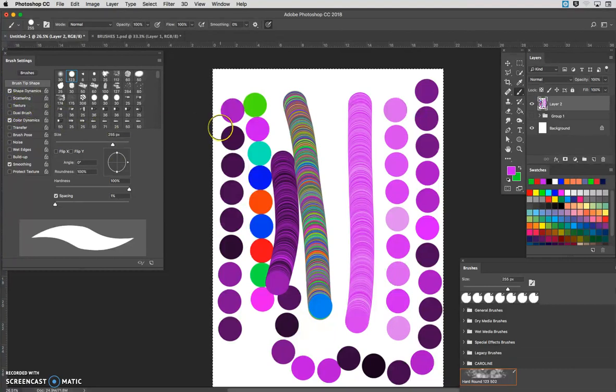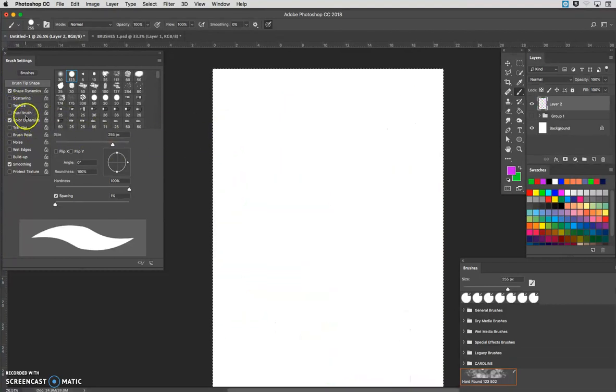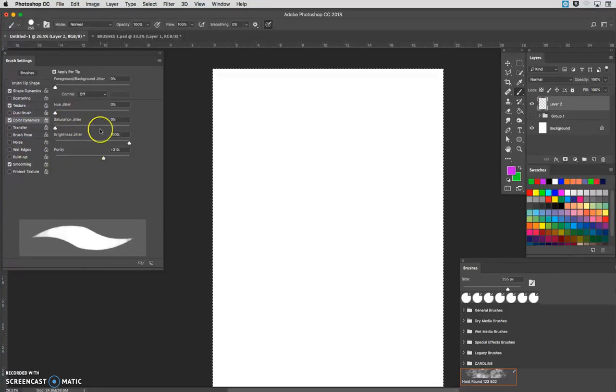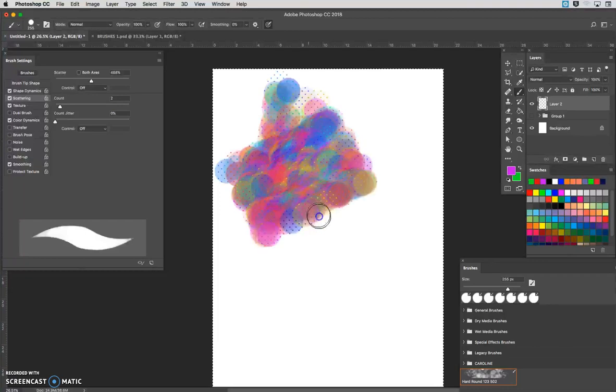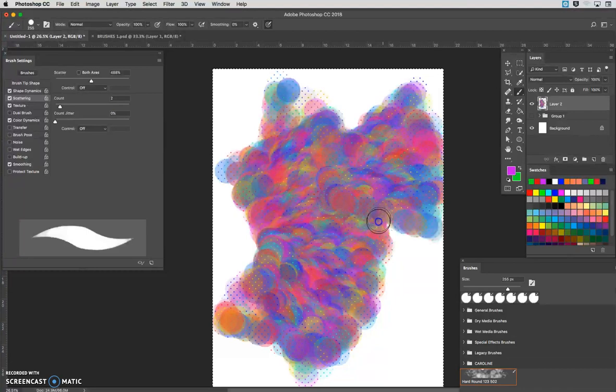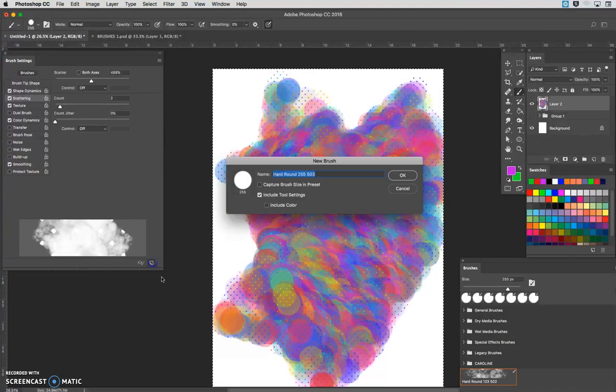But then, as I say, when you add in other aspects, such as the texture, so let's just reset this. So I'm going to go hue jitter, take the brightness out, maybe put a bit of saturation in, put in some scattering, and then we've got this kind of ridiculous brush. And I'm going to save that one, I quite like that one. Test